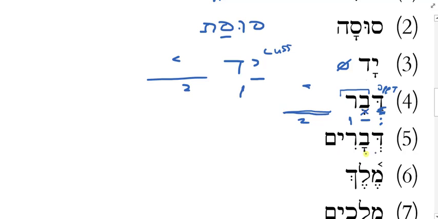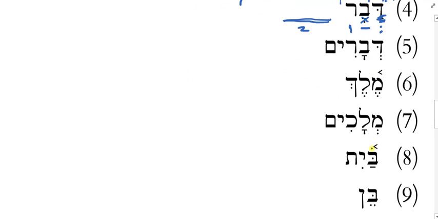Okay, look at devarim, number 5 here. Devarim. We want to say words, but not in the absolute, we want to make them construct, to say something like the words of the Lord. So what's the eem going to do? First thing is I change endings if they can change. Does eem ever change to make a word construct? Yes. What does it change to? Ey. That's right. So this becomes ey. So the resh will have a sere yod. And what about the deva? What will happen to that?